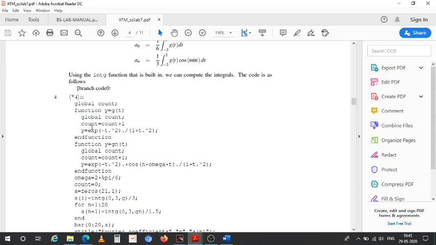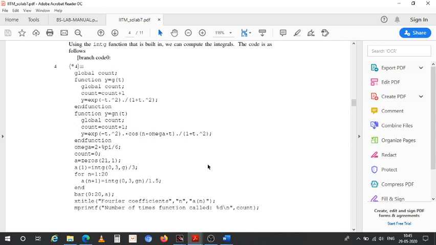Basically they are going to do partial jobs. Here exponential is computed, and here we are computing the cos omega and all that part. Here omega is computed. This is the main function. The main function starts from here till here.